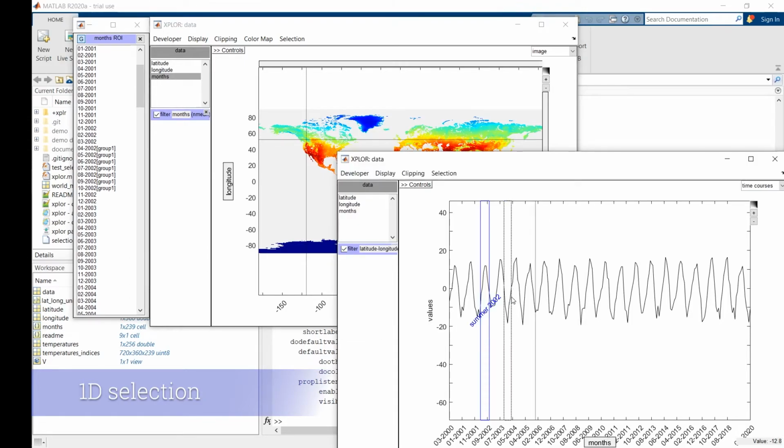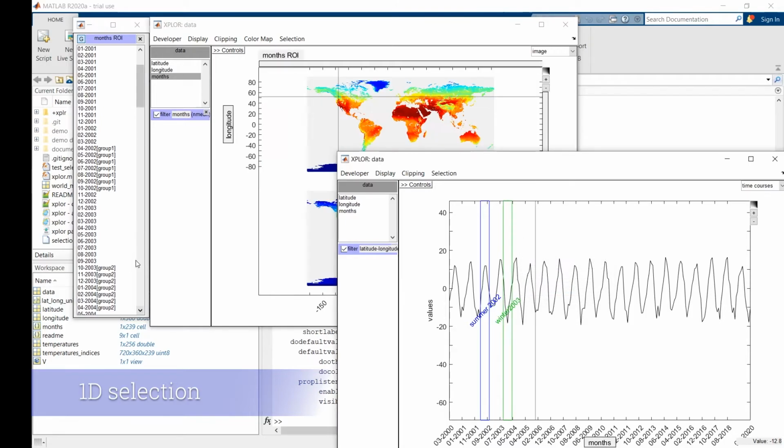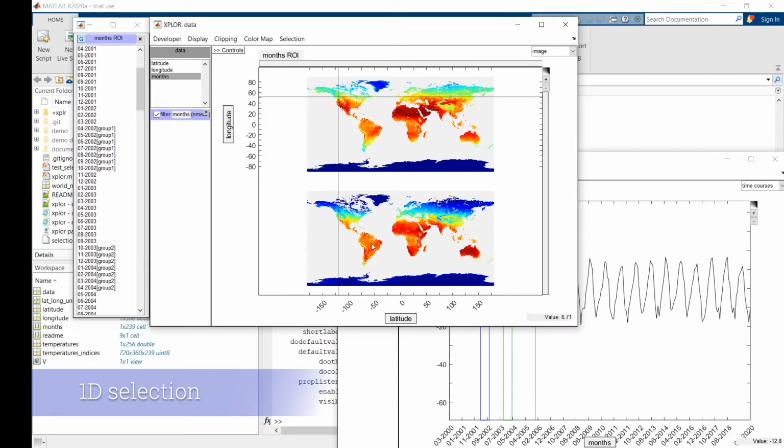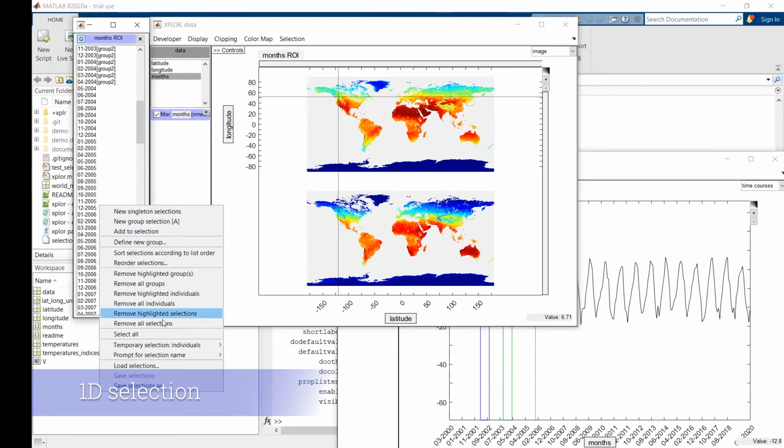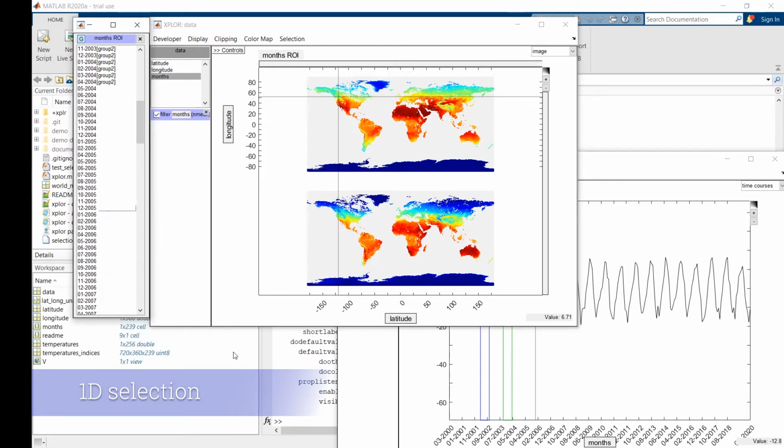We can do other selections. Let's take a winter, another group, and another display. We created this group graphically. We can create them inside the filter by selecting the group.